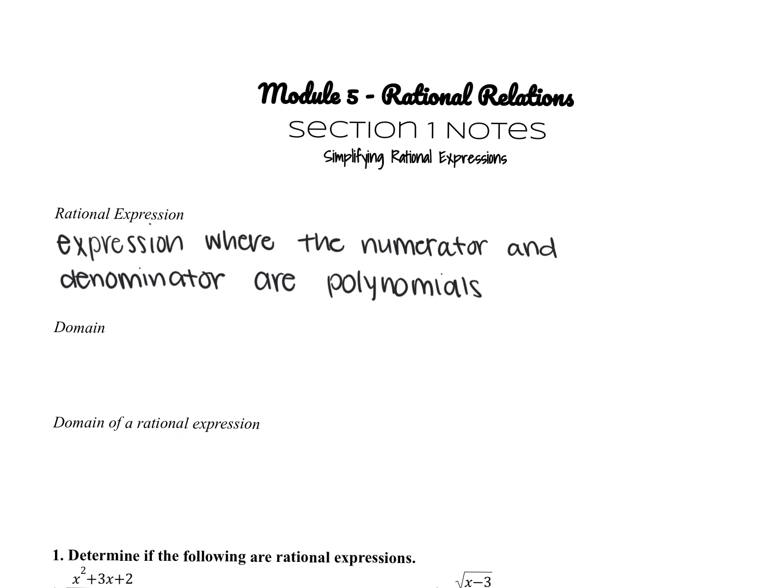So if you remember back to Module 3, we talked about a polynomial. It's an expression where the variables contain all positive integer exponents. So for example, x over x plus 2 is a rational expression because x and x plus 2 are both